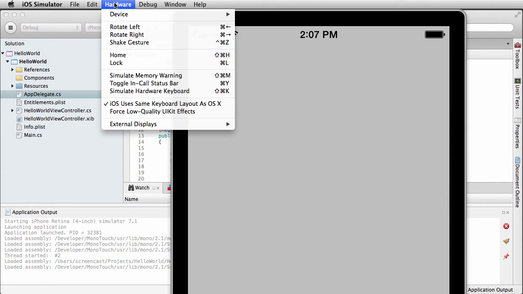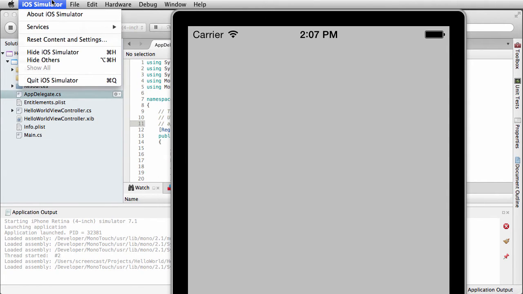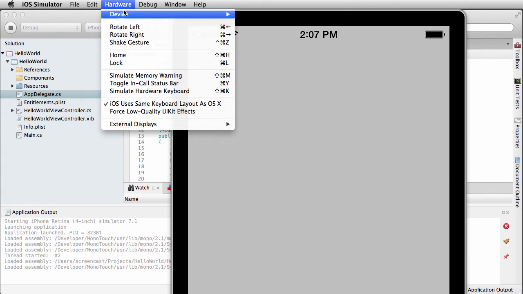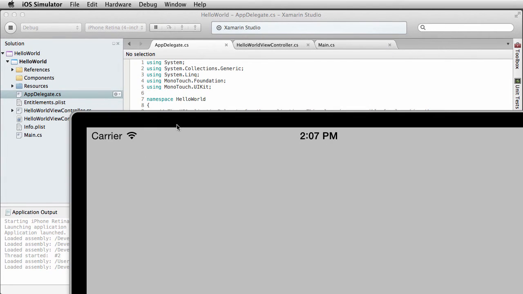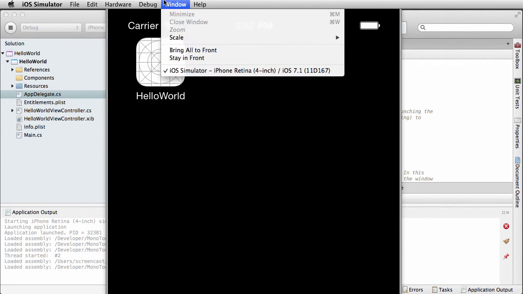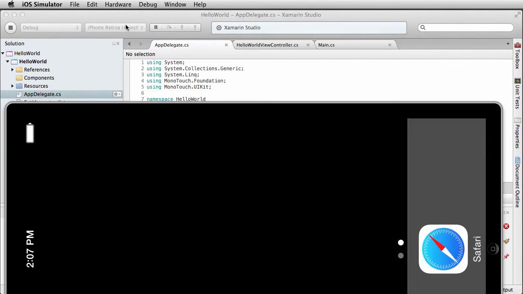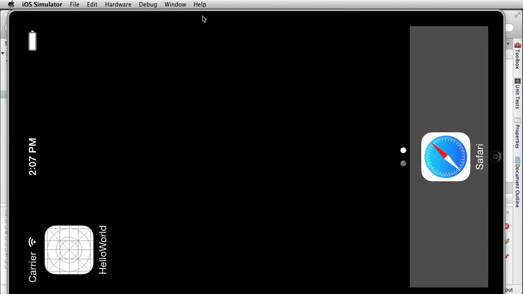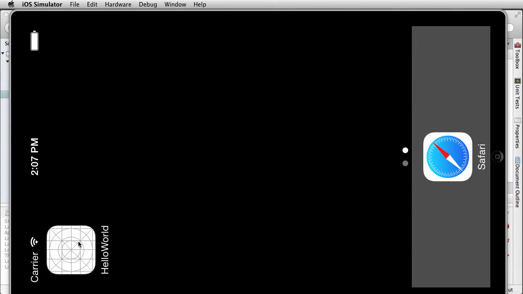And you've got some options up here in the menu bar for the simulator. There's some nice options here that are familiar to you if you've done some Windows Phone development. You have some keyboard keystrokes here, command left, command right, to rotate the device left and right. And so I can rotate my simulator, and now we can actually fit most of it on screen. You can see the home button now. The rotation there pops out when you jump out of your app, but you can always rotate back, right, and